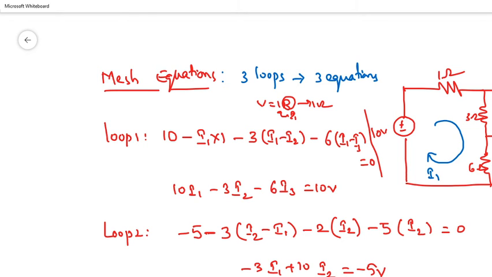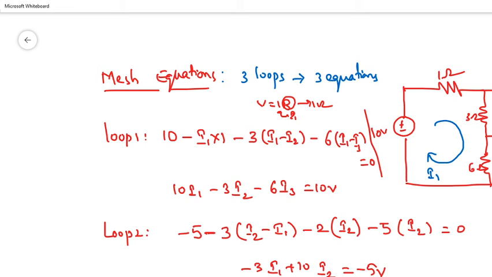That is loop 3 is having current is I3 and that is having 2 voltage sources. So here you can observe, first I'll start from here. So this will be entering, that I3 current is entering at the negative terminal. So what is the voltage source value? That is 5. We can take it as positive. 5 minus, what is a passive element? That is 4 ohms. Current is I3 here. So 4 into I3 minus, here current is entering at the negative terminal. So this source value is also positive.